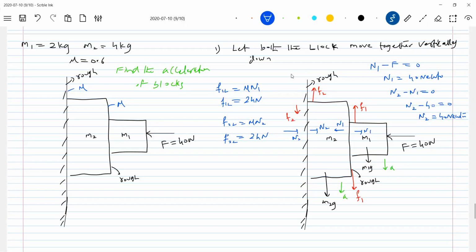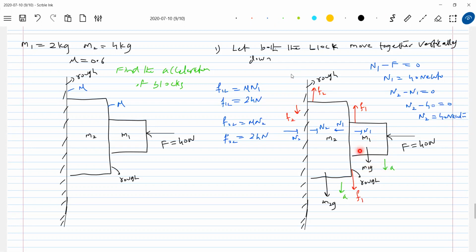So let's write the equation. Now there's nothing big. We have to just write the equation. So who will make the block move down? M1g minus F1 equal to M1a. Or directly, can you calculate the total acceleration of the system? What is the net external force acting on the system? This F1 will become internal. What is the total acceleration of the system?